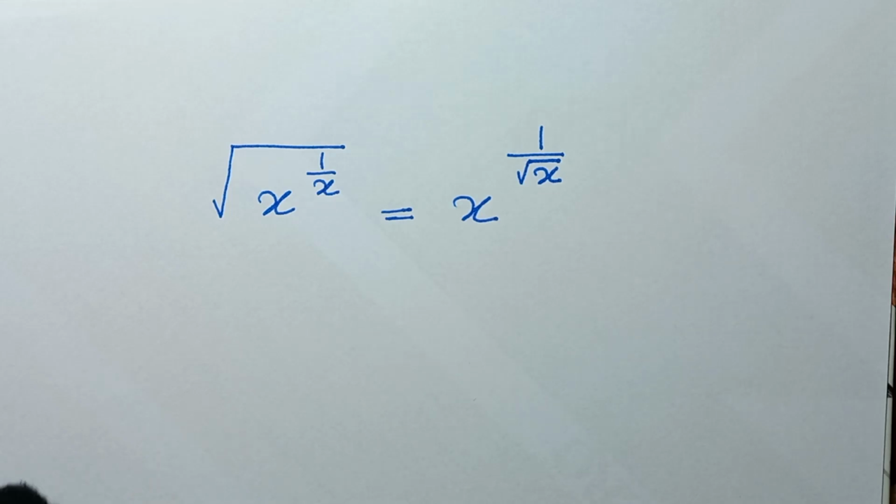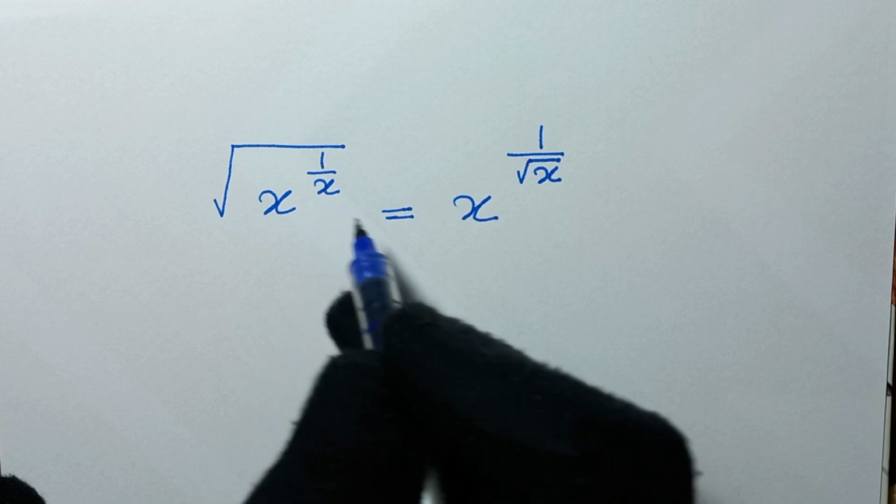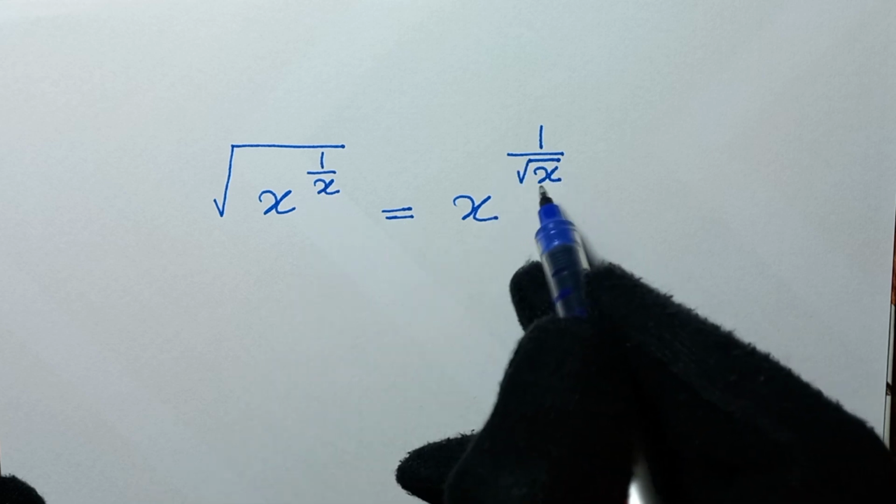Hello my friends, you're welcome to solve this math problem, which is square root of x to power of 1 over x is equal to x to power of 1 over square root of x. Find the values of